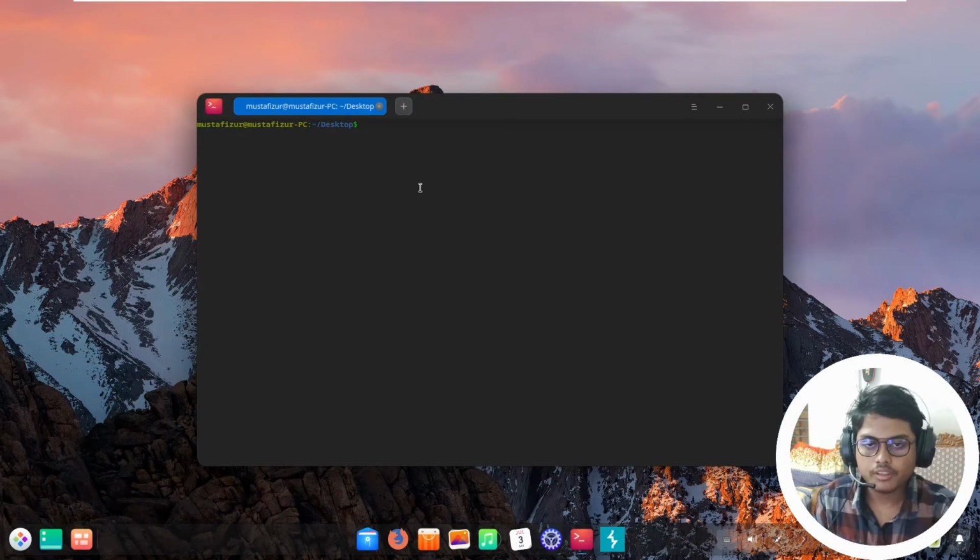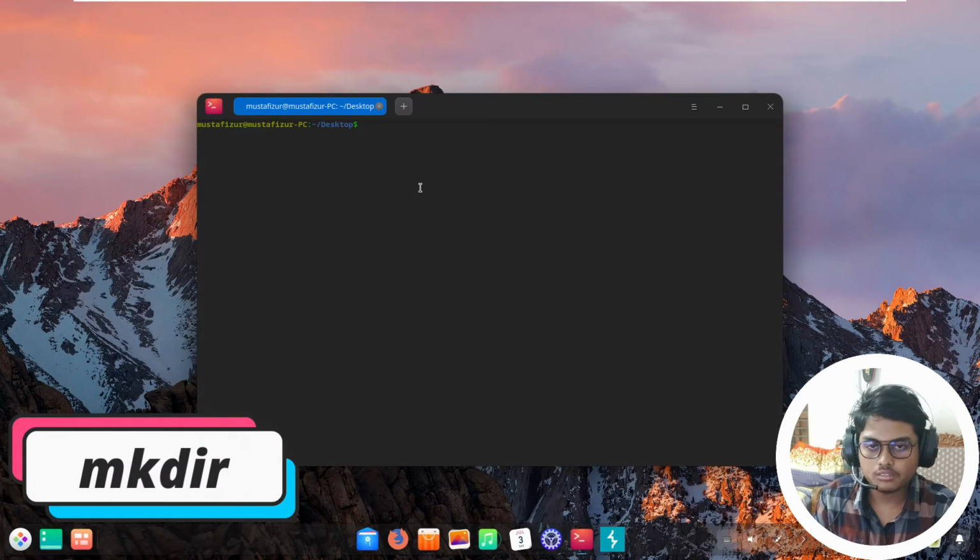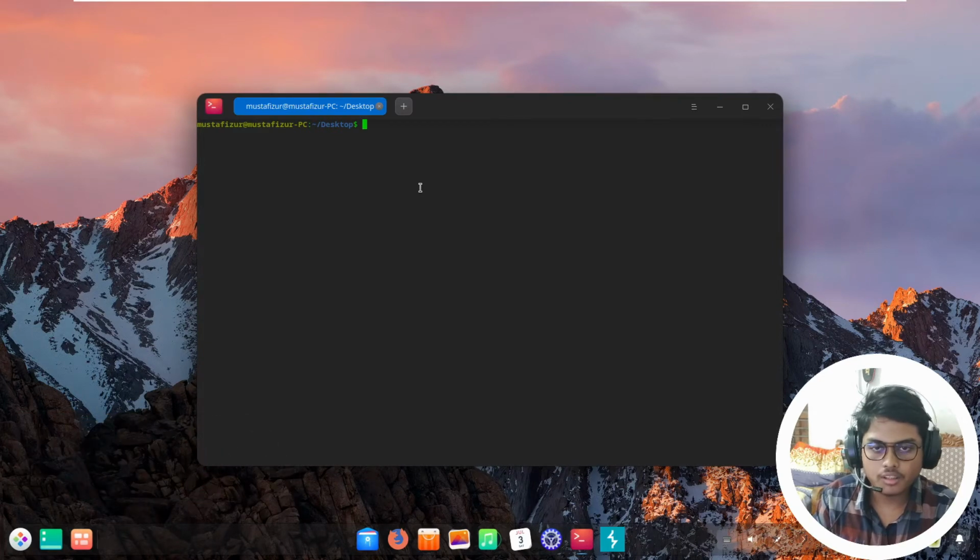First of all, I am showing you the mkdir command. So what is the mkdir command? If you want to create a new folder or new directory in the computer, at that time you need the mkdir command. So let's go to the practical. First, you write mkdir and the folder name. Our folder name is new folder. Look at that, our folder was created.